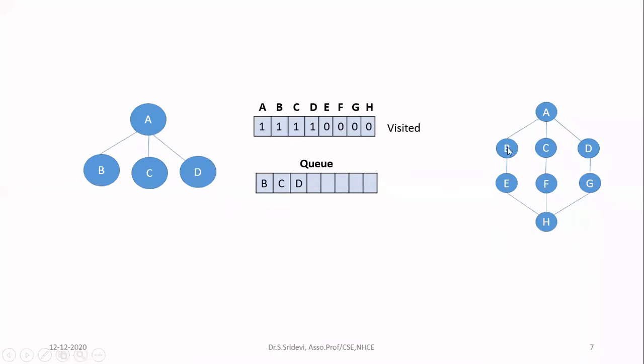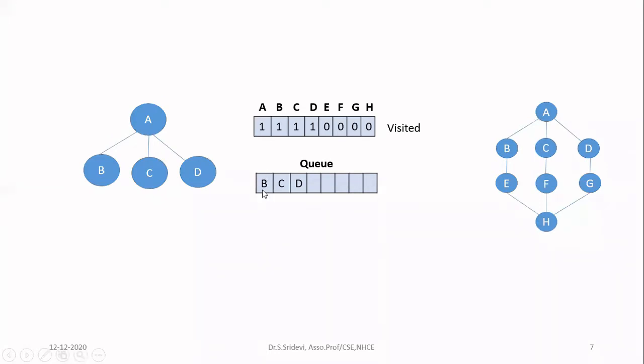Now check the other neighbors of A. We don't have any other neighbor. There are only 3 neighbors of A. We have already finished all the 3 neighbors. That means since you cannot proceed further from A, you have to delete the next element from the queue. So now in the queue, there are 3 elements, B, C and D. Which element can we delete now? In the case of queue, we will be following the FIFO order, first in, first out. So whichever you have inserted first into the queue, that will be deleted first. So we are going to now delete B from the queue.